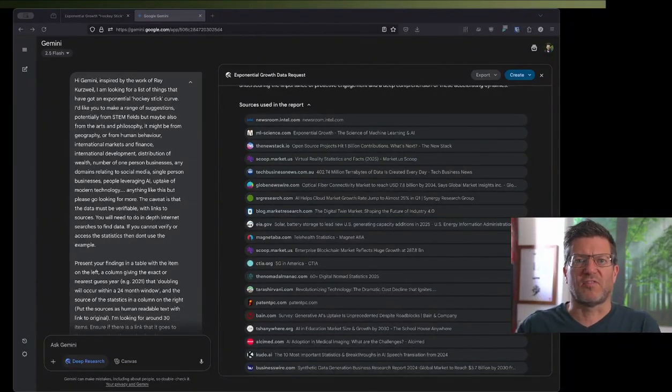Hi, I thought I'd share with you a quick demo of some work I was doing this morning with Google's Gemini 2.5 Flash. Once again, this is free, available to anybody. I thought I would do a little bit of an investigation so that I could demonstrate that the hockey stick type graphs, the exponential growth that we see in things like compute power, density of transistors on a microchip,